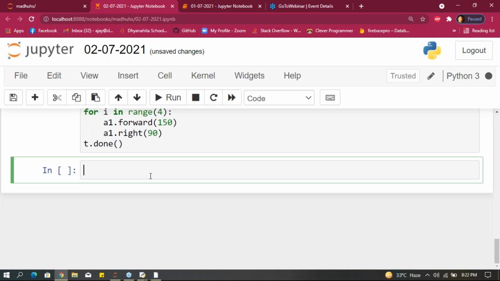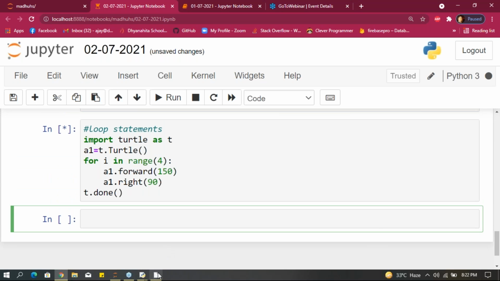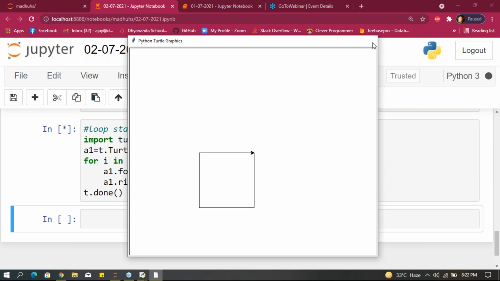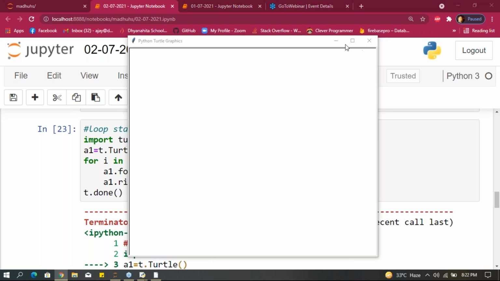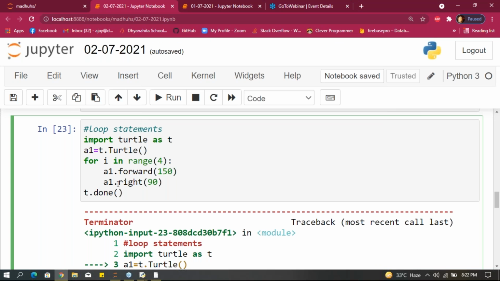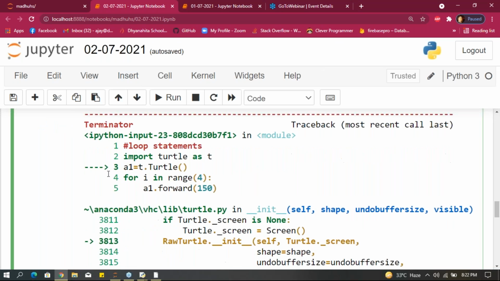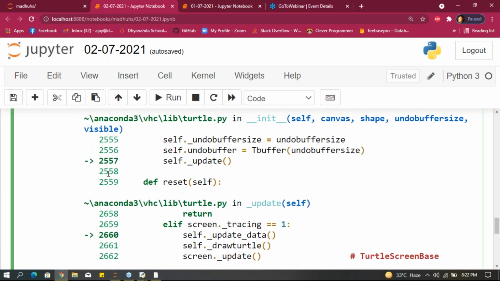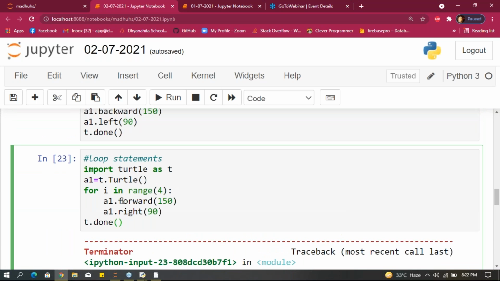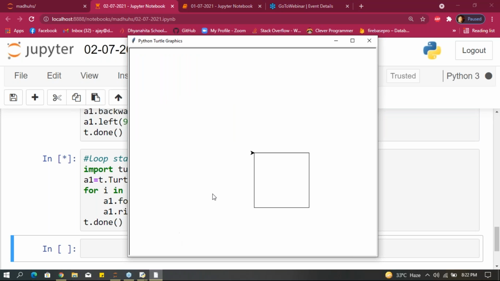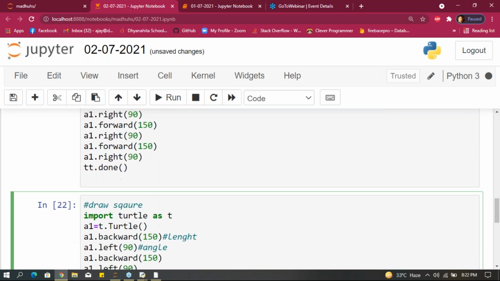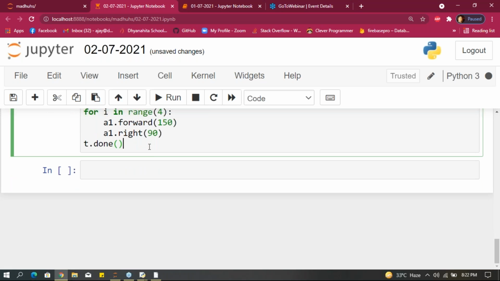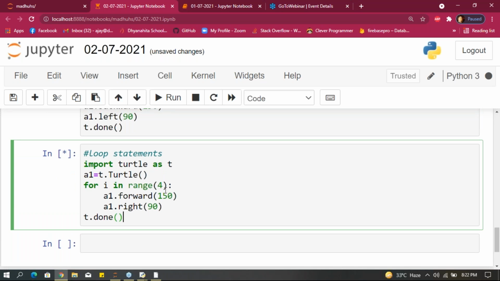If you run that, first close this example. Initially, in my Jupyter notebook some files are missing, that is the reason I'm getting the error. What I am doing is running this again, after that I will get this output. Same output, by using loops, by using the backward function, by using the forward function. That's it. Please note this example.